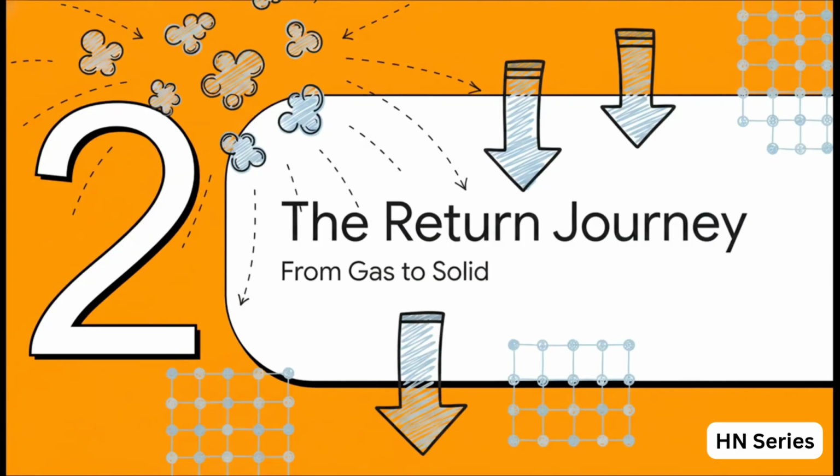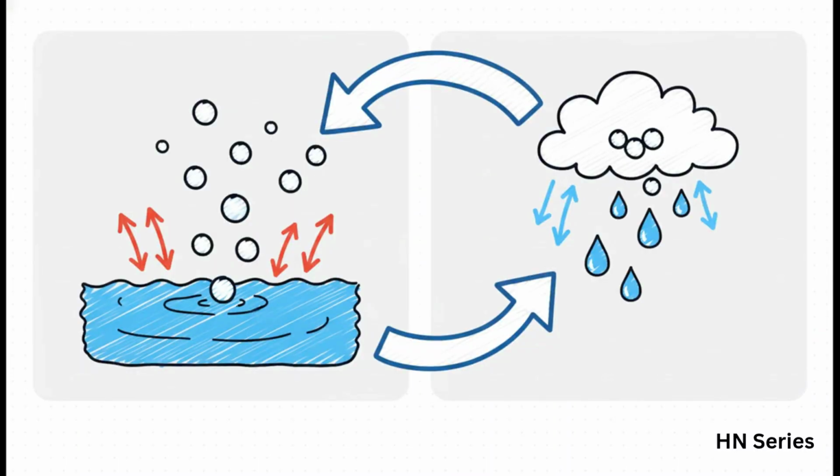Okay, so our molecule has reached its most energetic state. It's a free-flying gas particle. But you know what they say, what goes up must come down. So now let's start taking energy away and follow that same molecule on its return trip, all the way back to being a solid. And what's so cool about this is that the return journey is the exact reverse of the trip up. If vaporization is all about gaining energy to break free, its opposite, condensation, is all about losing that energy and clumping back together.